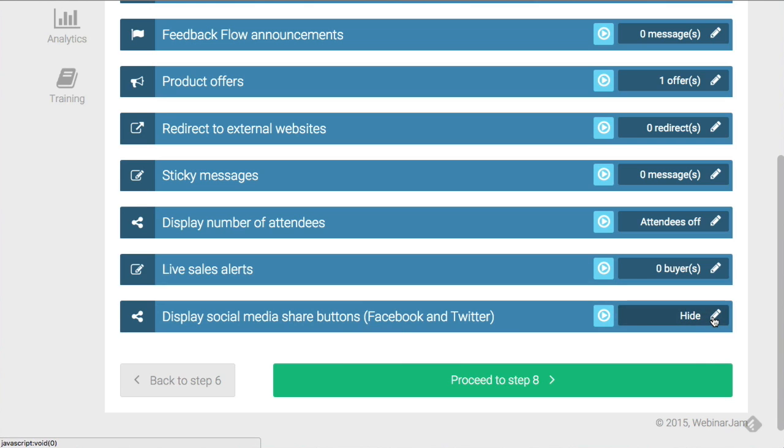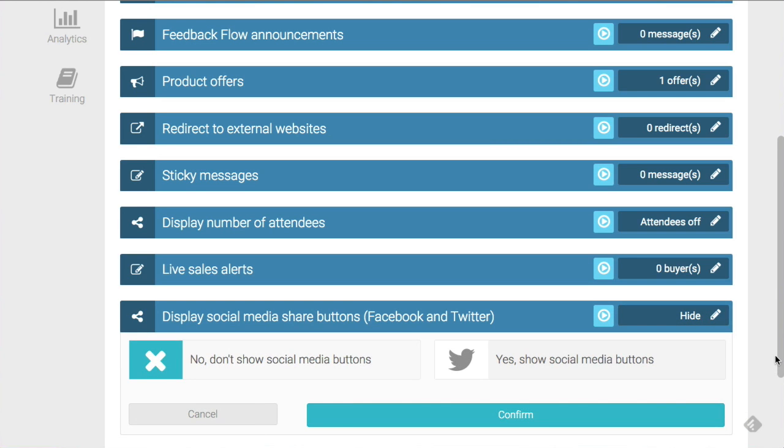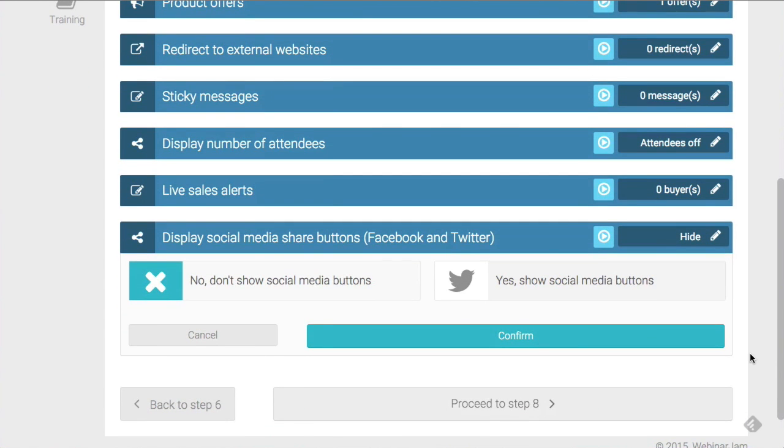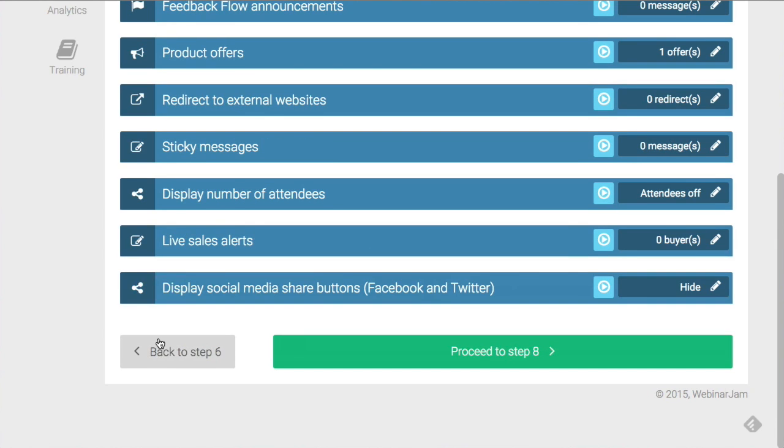And this allows you to just display social media share buttons on your live page. So if it's a sale webinar, use it. If it's a paid webinar that people paid for access, shut them off. Exactly. That's it. And what that means is they'll see a Facebook and a Twitter button, and they can share,